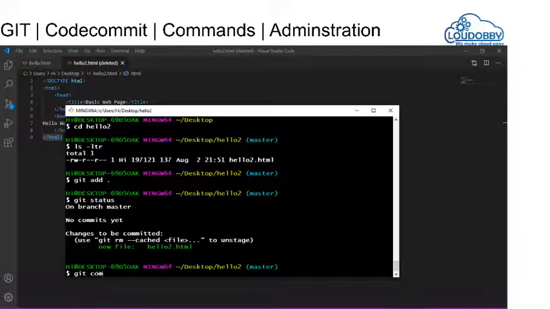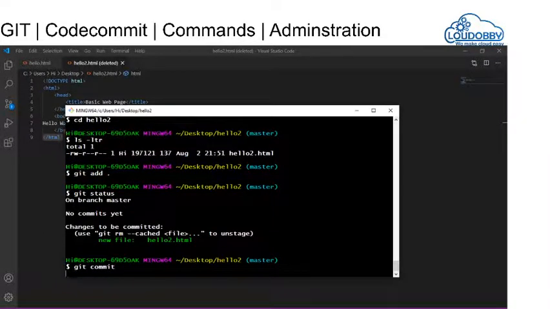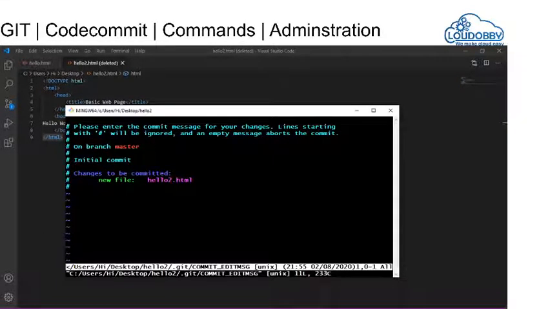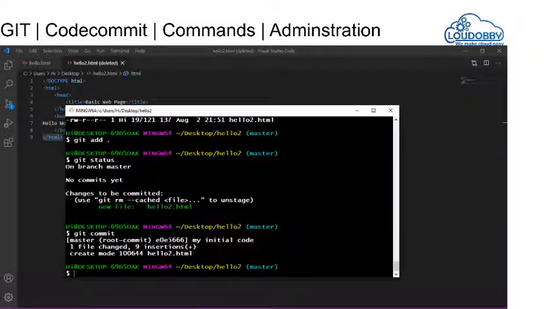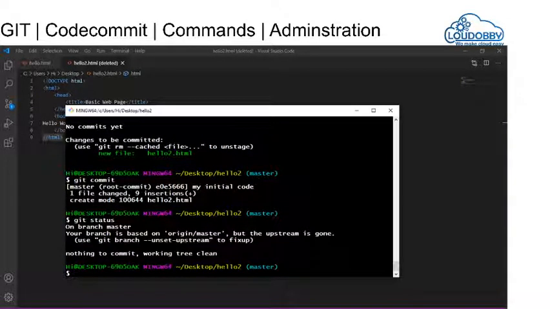We need to do git commit. This is just to give a message. My initial code. Then escape, colon wq. Now git status will show whether any commit has happened.